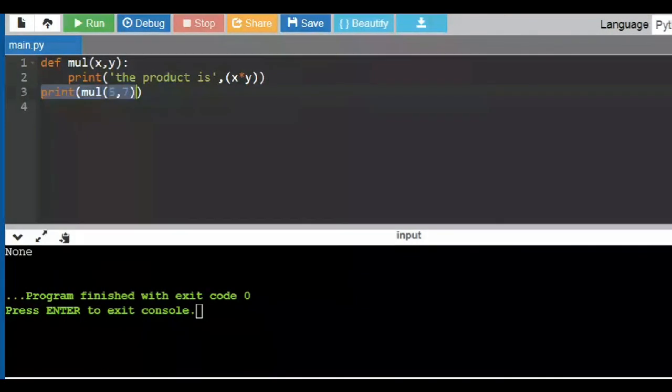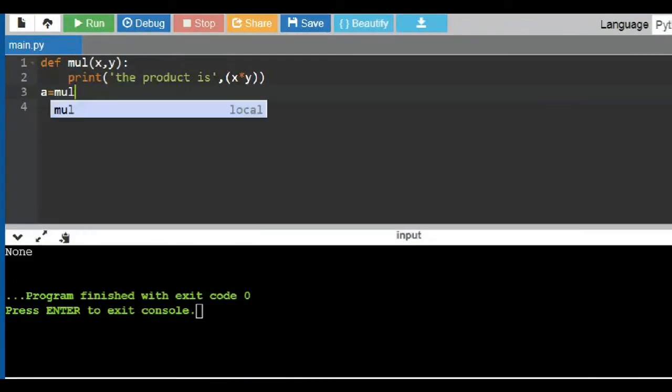Now what I'm doing here is assigning a variable. I simply said a is equal to mul. And now I can call it with a. I can simply say a.